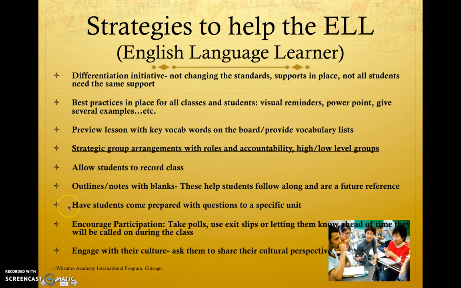This is something that I encourage quite a bit during tutoring, is having students come prepared with questions for a specific unit. It just kind of helps them to narrow it down and not be overwhelmed with so much information and so many questions. To encourage participation, taking polls, using exit slips, letting them know ahead of time that they will be called on during class. That is something that, if you have them in groups, you can